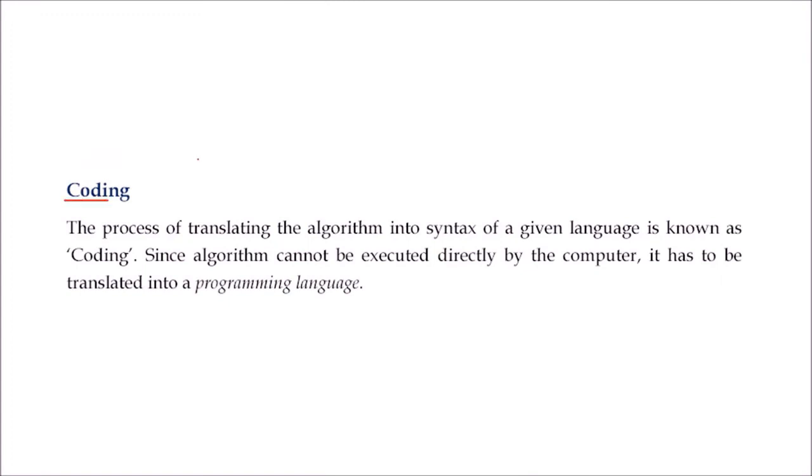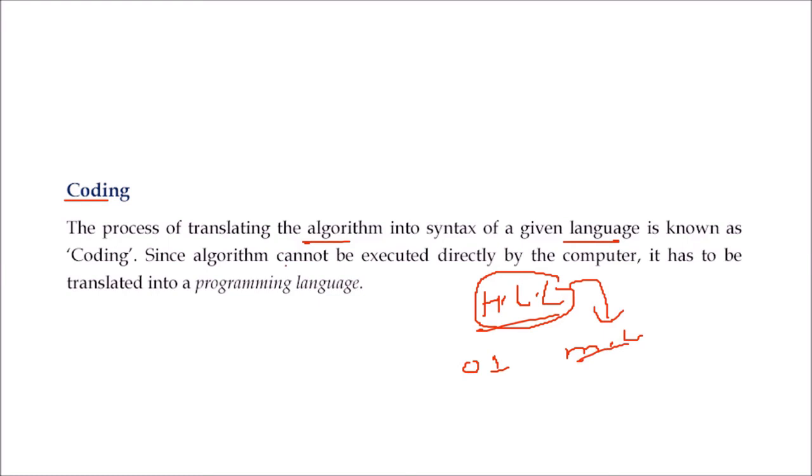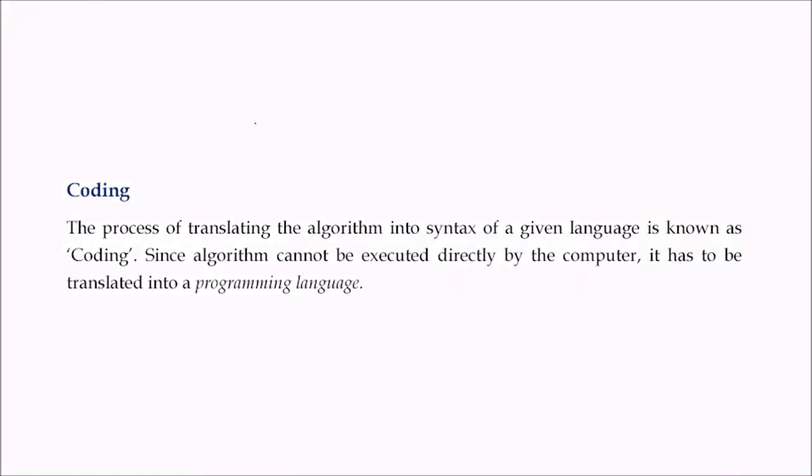Then comes the coding. Now what the naive or the beginners understand is that software development is just coding. It's not that. Coding is just 20% of 100% of the work. So coding is actually putting what you have designed in terms of a computer language, a high level language. Since the computer understands only zeros and ones, or machine language, you will write a high level language. There are compilers available for C, C++, Java, Python, any language you take, and this will be converted into your machine language. Now here you actually write the code.